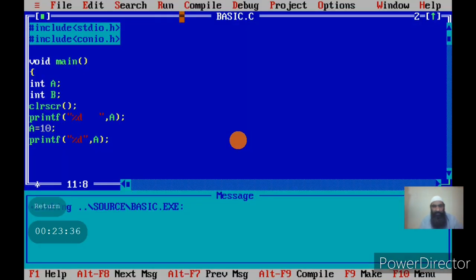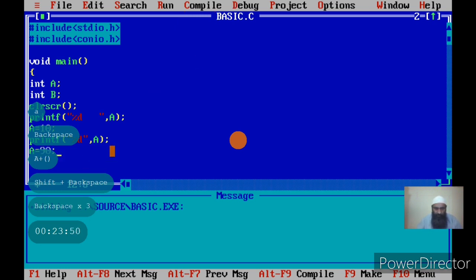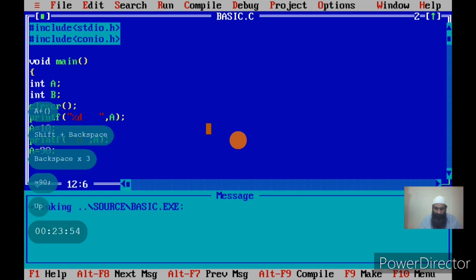Now if I again assign the value 90 to A, and after that I'll print the value of A again.